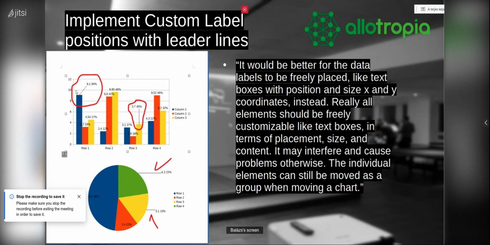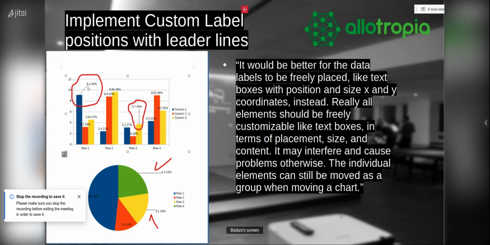We can have a fixed position on the top, left, right, or bottom side of the data point. And when we dragged and dropped these data labels, we had an absolute position and a relative position, and we needed